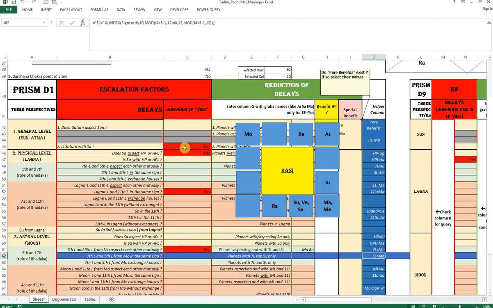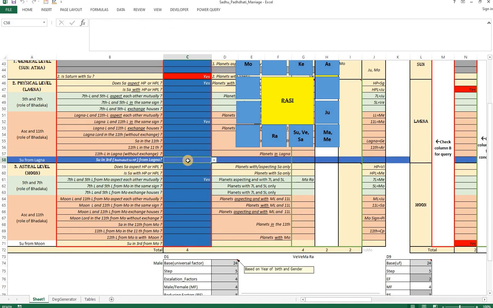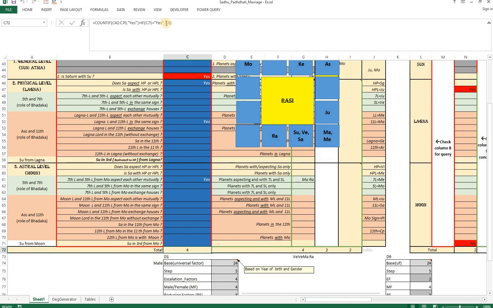Once you answer this, all that are yes will be marked red automatically, and all the negative ones, which are the escalating factors, the program already adds up if it is a yes. And one specific question you have to be very careful about, because if the sun is in the 3rd, both for the physical level and also from the astral level, from the lagna or from the moon, then if you press a yes there, that is a big yes, I would say, because that is a big escalating factor. That would add 3 units if the answer is